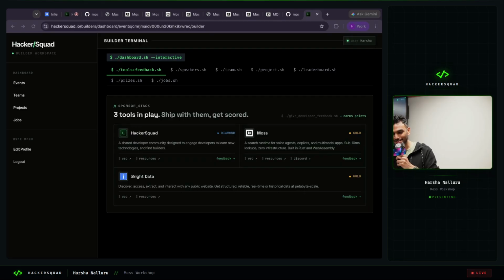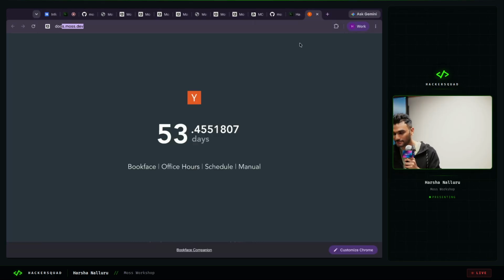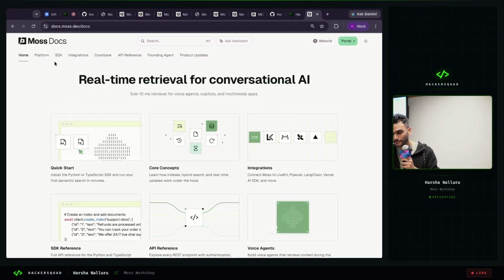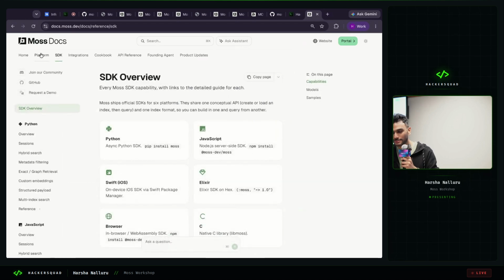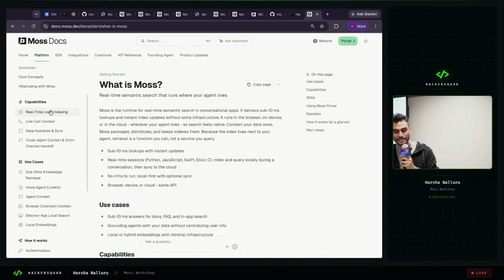So this starter repository will get you started with this agent itself in under 2 minutes. And the docs are at docs.moss.dev. You can go through the SDK, and you can go through all the features that we just talked about. If you hit any issues or anything, we are just sitting over there. You can come talk to us. We'll help you. Now, you can go build something